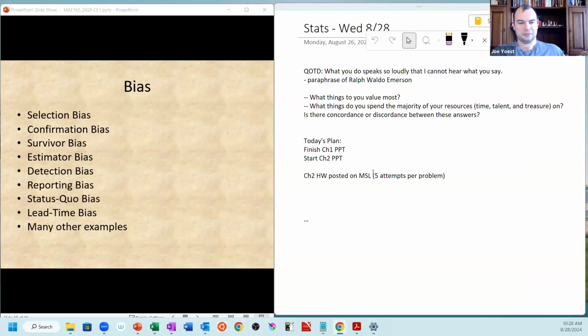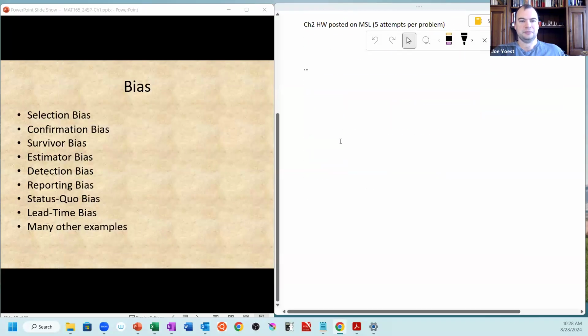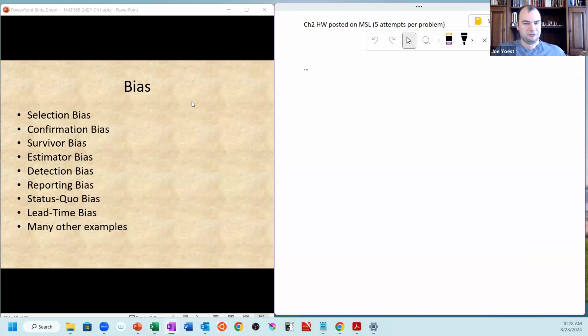Okay. So moving on to our discussion of bias. I'm going to try to not use my mouse because it's probably clicking like right in your ear. But it is a lot easier for me to move things from window to window using the mouse. So,